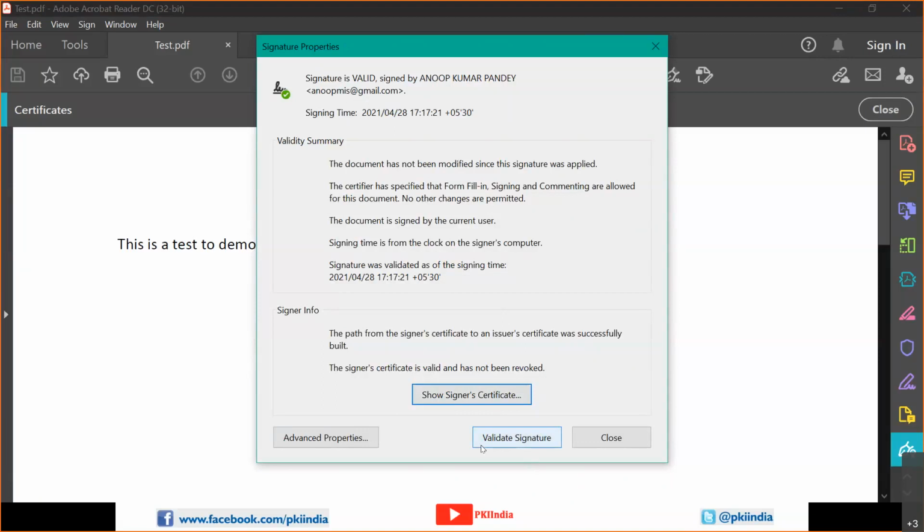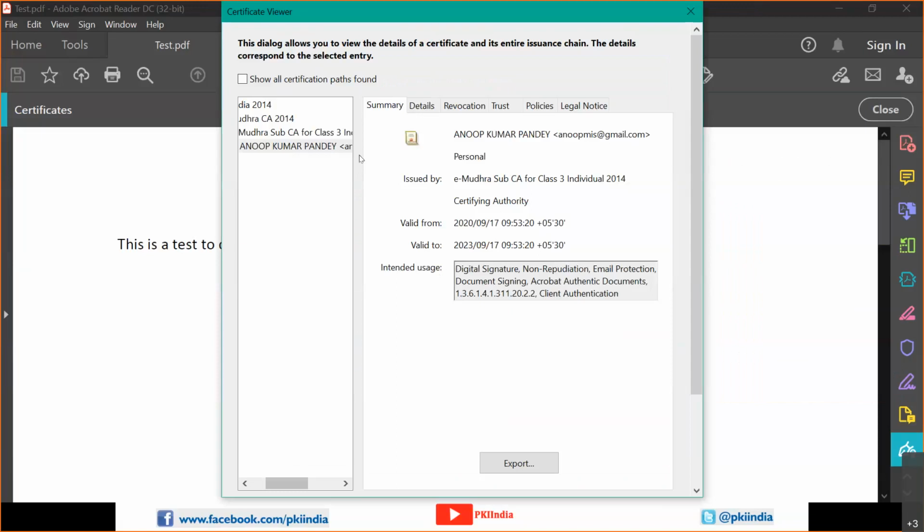Therefore, any certificate issued by them to any other entity is valid. In this case, eMudra was valid, and eMudra has issued a certificate to the eMudra subsidiary, that is also valid, and the eMudra subsidiary has issued a certificate to Anup Pandey, that is also valid. So that is the reason why this is acceptable.